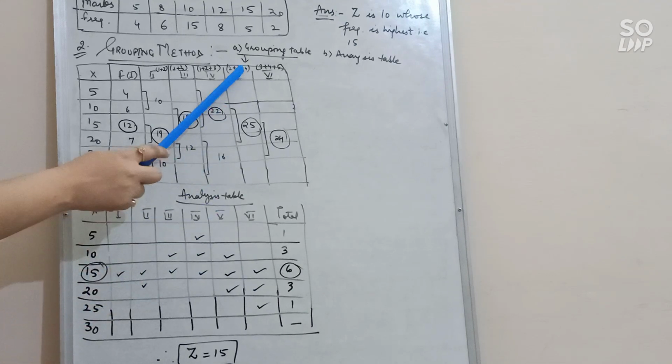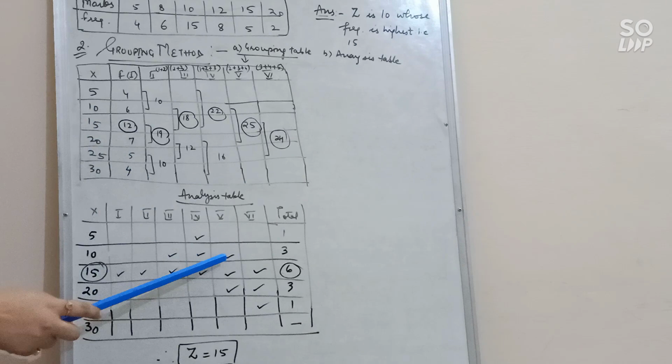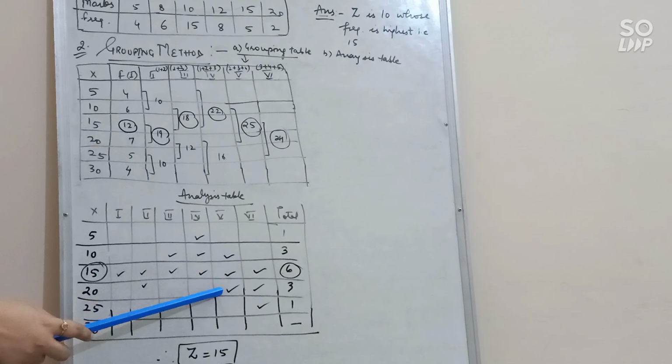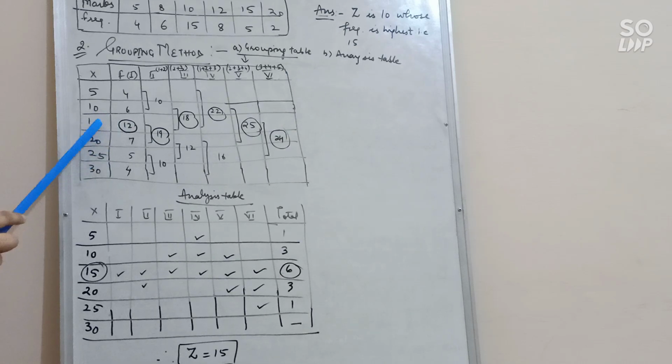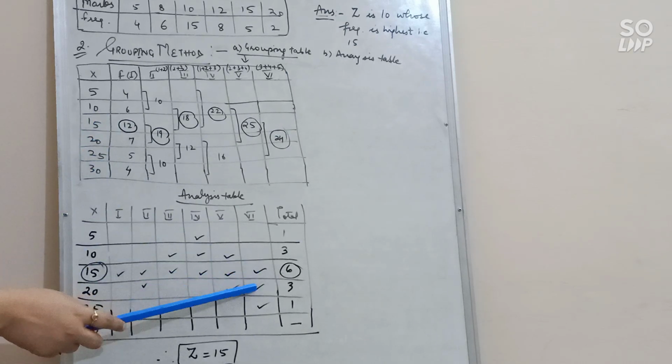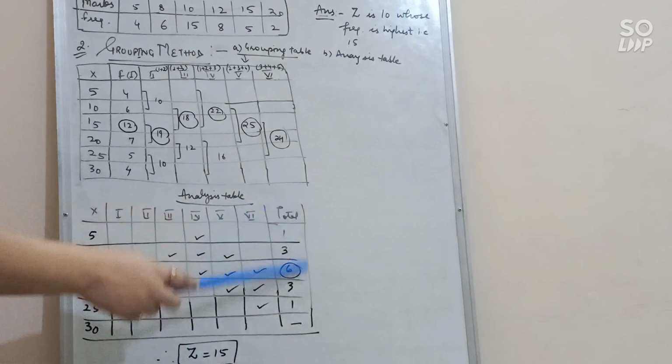Clear? In fifth column 25 is the highest value and it lies in 10, 15 and 20. So 10, 15 and 20 you will mark here. Okay. In 6th column it is the sum of these 3. So it lies between 15, 20 and 25. Clear? So you will put ticks. Done? So after marking these ticks, you will find out the total ticks.